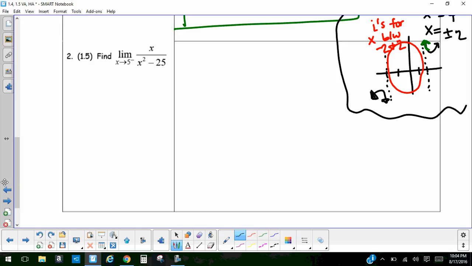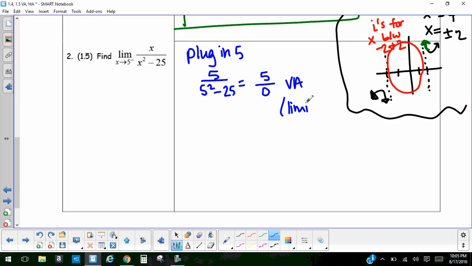All right, here's another limit. I'm going to 5 from the left. So let's try first to just plug in 5. It doesn't really matter right or left unless I run into a problem. So I get 5 on the top. When I square 5, I get 25. Well, 25 minus 25 means I now have 5 on top but 0 on the bottom. That means I have a VA. Anytime I get a number over 0, that means I have a VA. And that means my limit answer